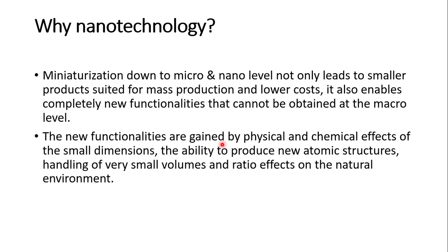Now, when we move down to nanoscale, there are many properties that will change, and there will be enormous change in properties of particles. A very simple example I will give you. For example, we have dust, right? We have soil. Okay, we take soil. Now, when the soil is in the form of a stone, if you throw that stone in the desert, that will definitely fall down. Why? Because of the gravitational pull. Force of gravitation will be so strong that if I throw a stone in air, that would definitely